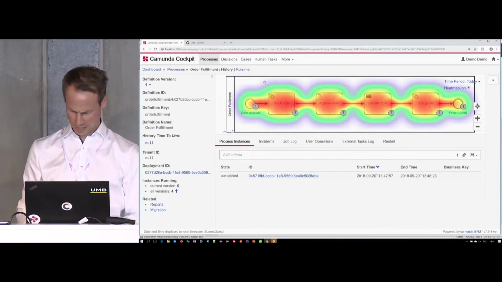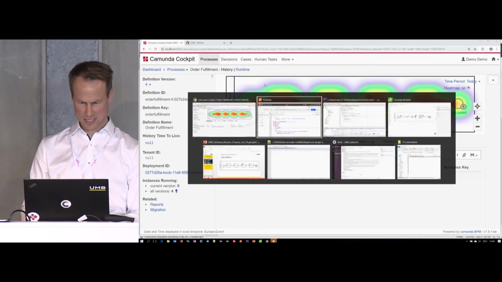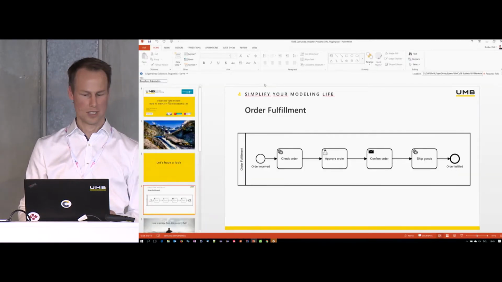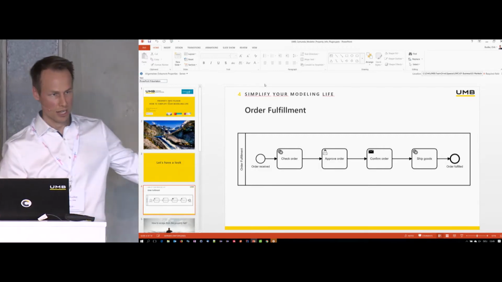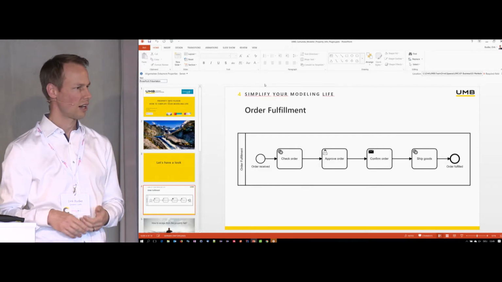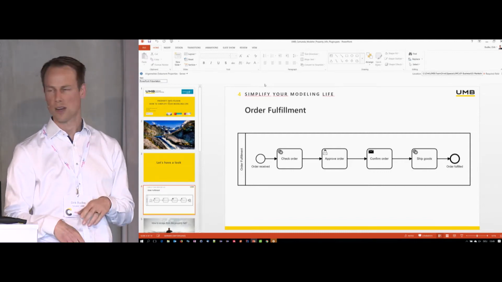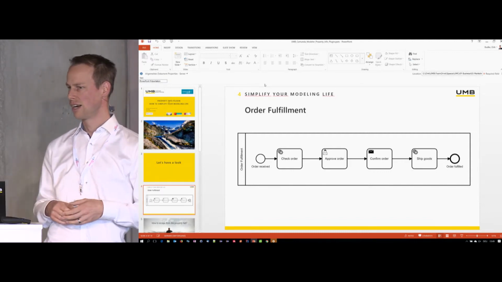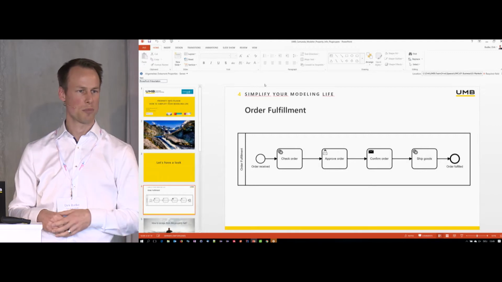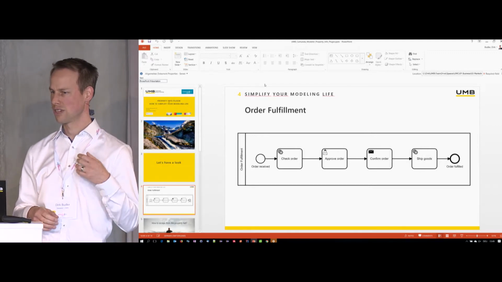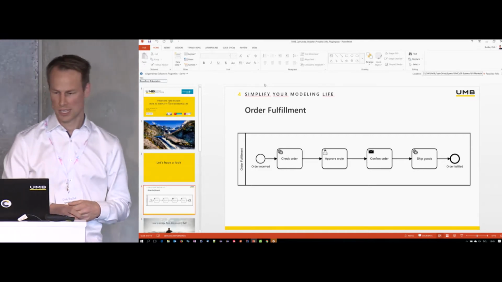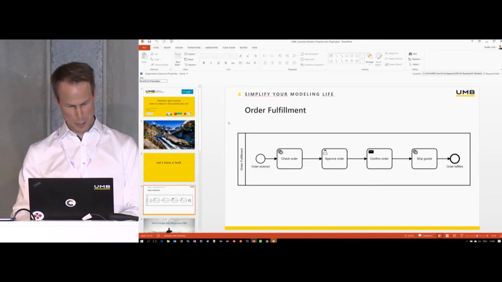Right. So as you've seen, this can become pretty stressful without your help. If you haven't seen the code and you don't know the model, where the listeners are, where the Java delegates are, where the transaction boundaries are, the input-output mappings, this can be really stressful to define and to trace problems. And for that reason,